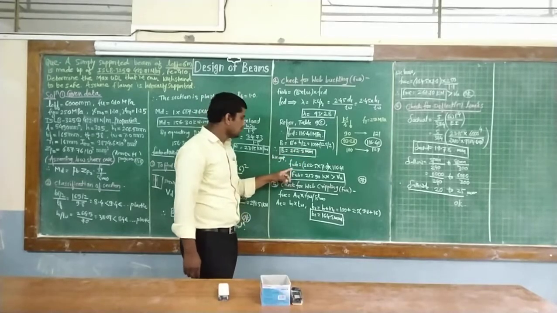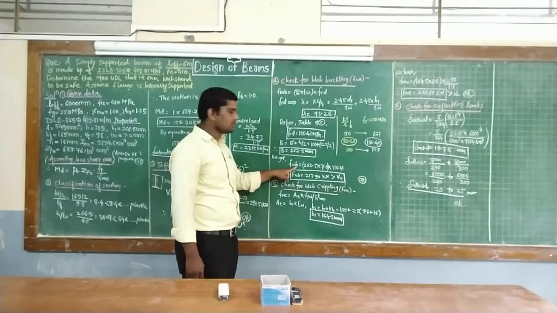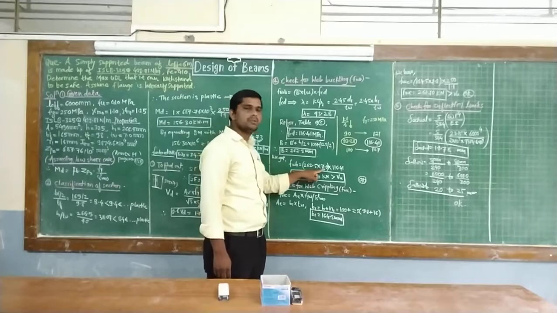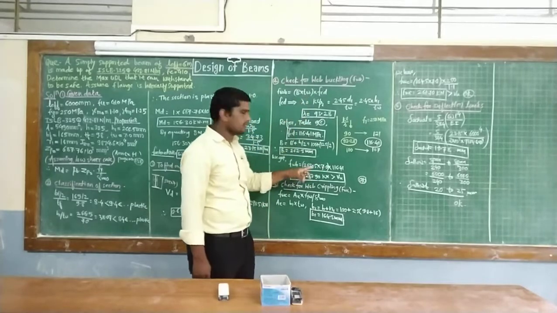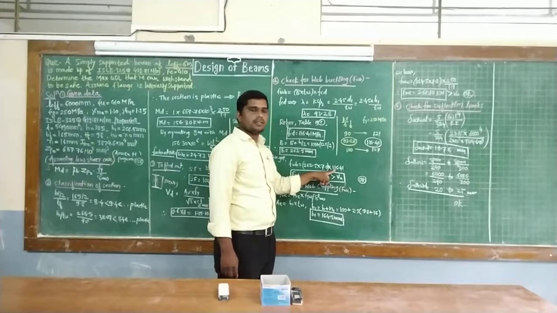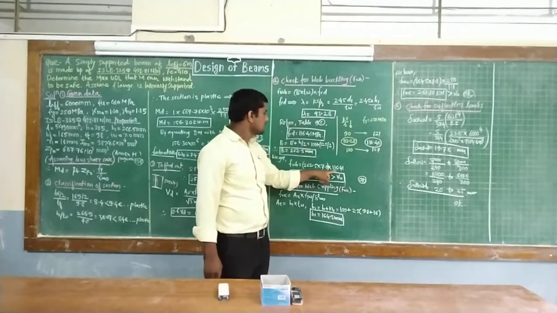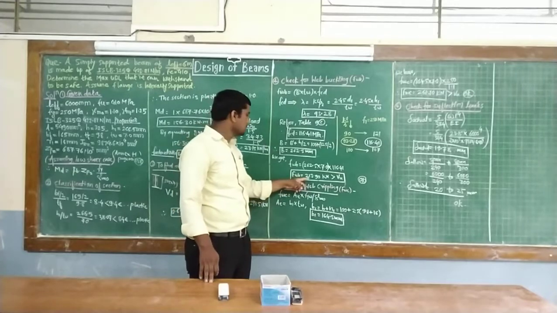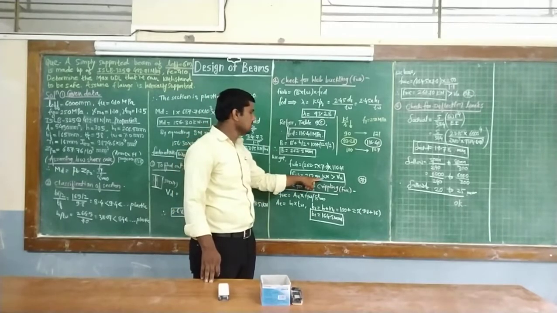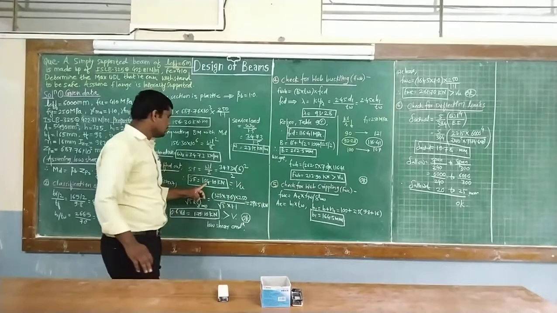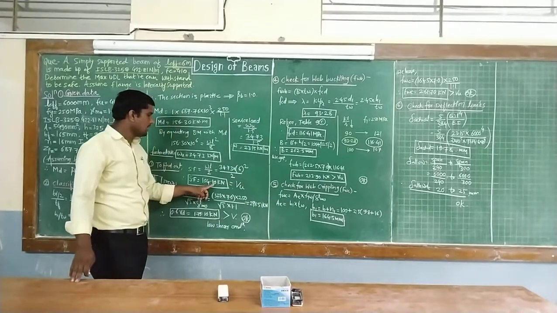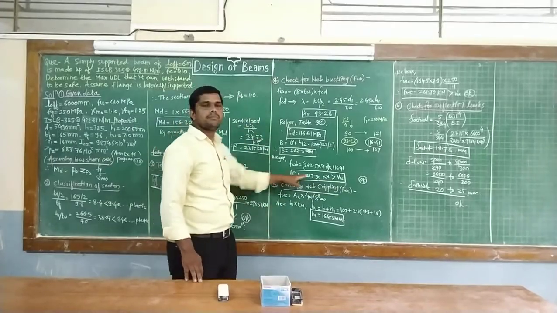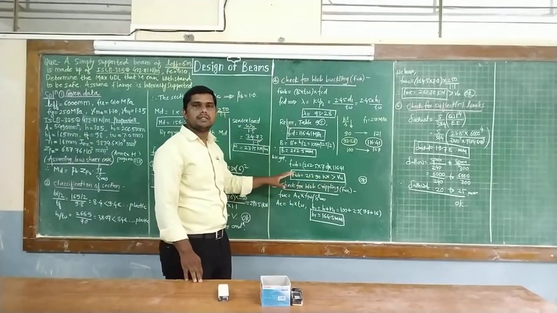So the check for web buckling, FwB, is equal to 262.5 into the thickness of web, 7, multiplied by the fcd value, 116.41. So the check for web buckling is equal to 213.90 kilonewton, which is greater than the 104.90 shear force, or we can call it V also. So it is safe against web buckling.